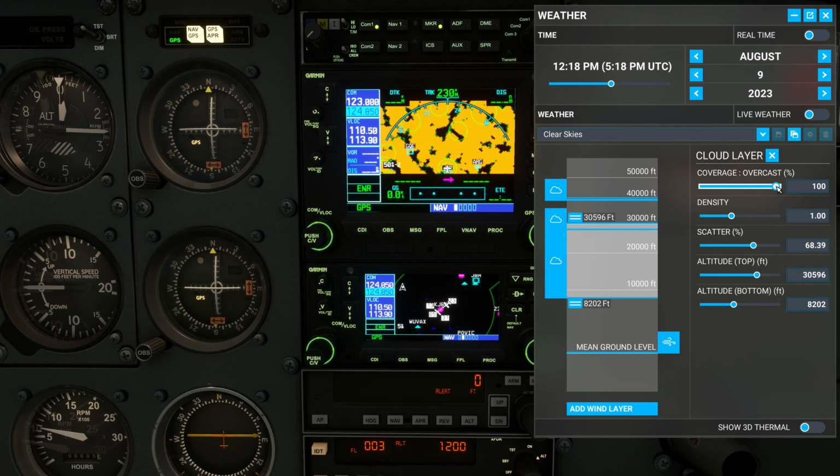As far as the menu options on this page, if we click the menu, you can see we don't have the ability to inhibit terrain. It will always display. We can choose to see a 120 degree view, which gives you 120 degrees in front of you, so basically you're only seeing the terrain that's in front of you. And you have the option to do a 360 degree view with the aircraft at the center of the display,